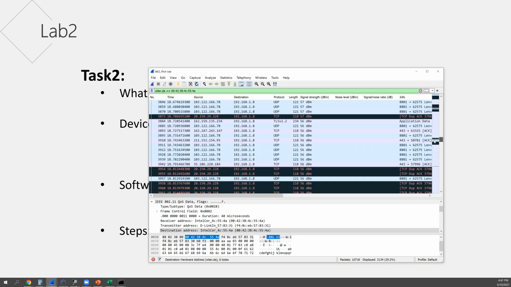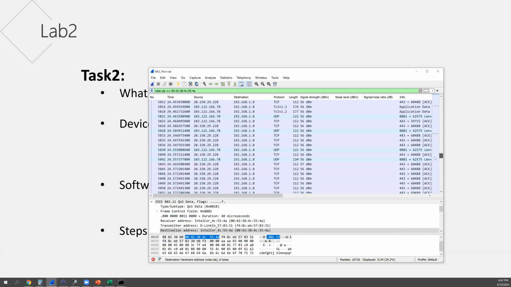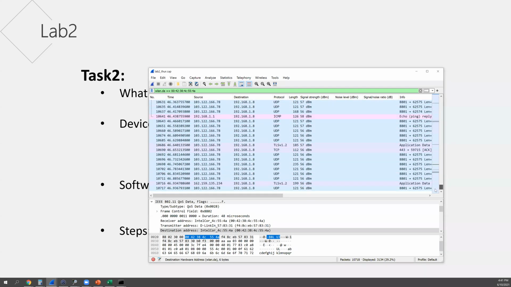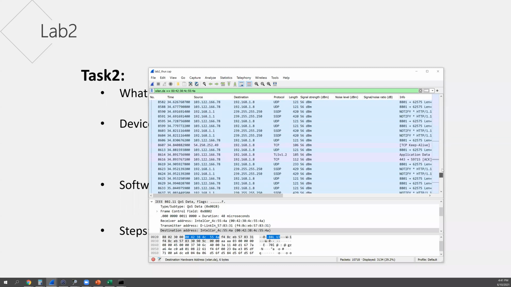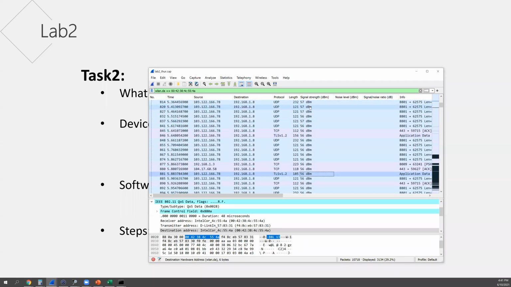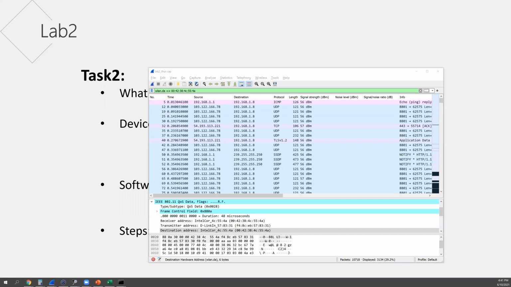You can see I didn't move around, so my signal strength will stay at the same level, it didn't change much. But if you keep moving with your computer, you should be able to observe the signal strength being different as long as you are moving. So what you need to do is describe how you move, as required in Lab2. Let's open the